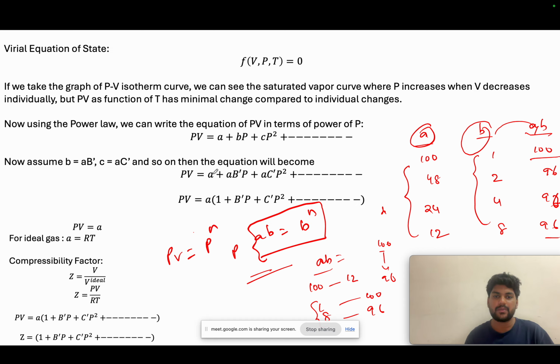So which will give the equation of this PV equal to a power series. We have written PV equal to a plus bp plus cp square and so on. And now we are assuming that b equal to ab dash and c equal to ac dash. I mean we are just changing notation such that we will get the a as common. So now if I remove the a, now here a acts as a constant,